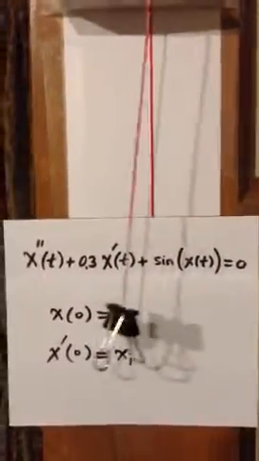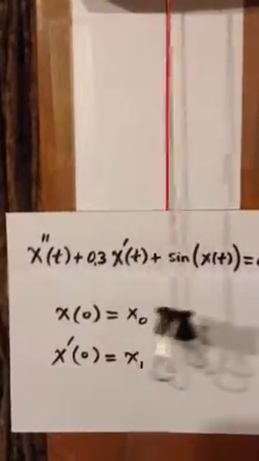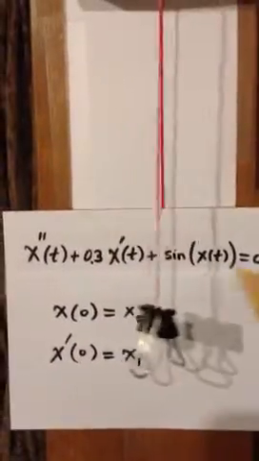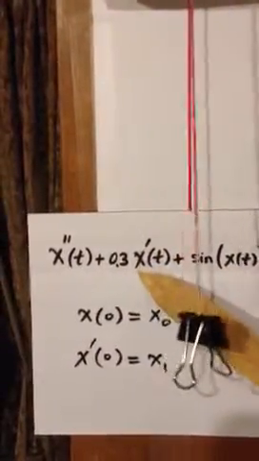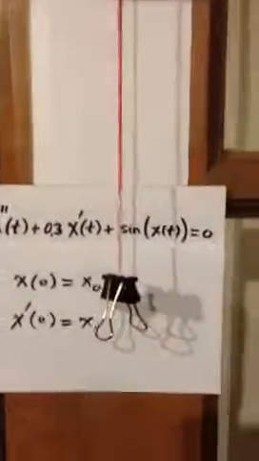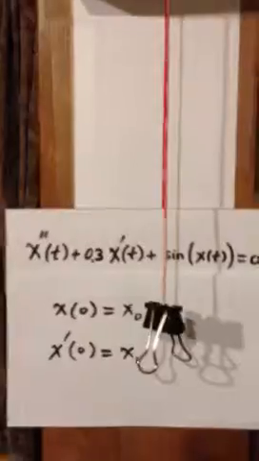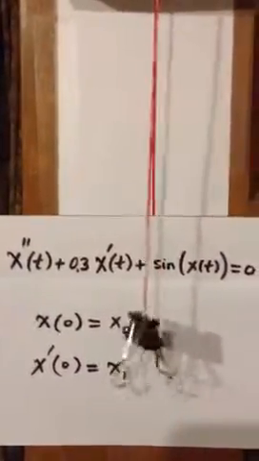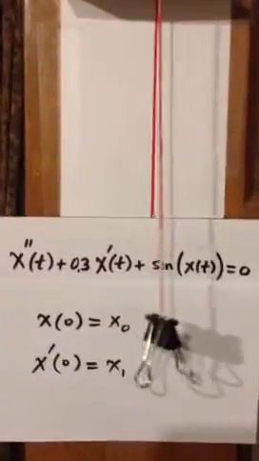We can use Newton's second law of motion, F equals ma, to derive this equation. X prime is the velocity, that's the rate of change of the angle x, so it's angular velocity. X double prime is the angular acceleration. So for simplicity, we are assuming the mass of this object attached to the string is 1,